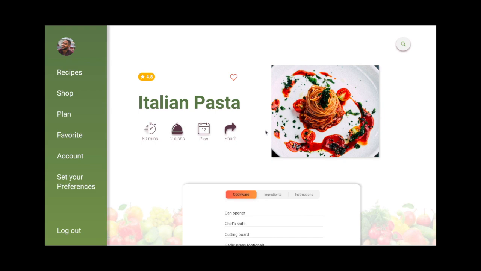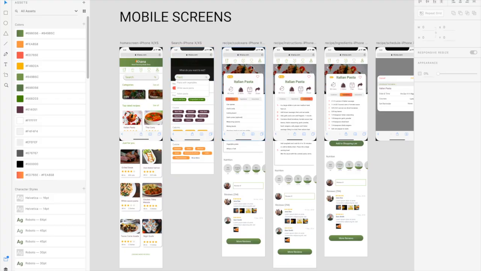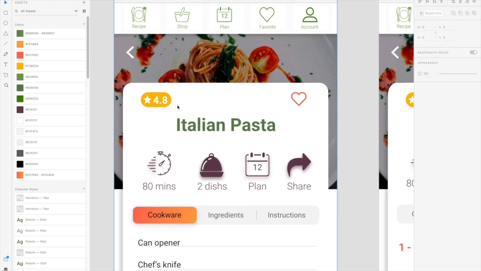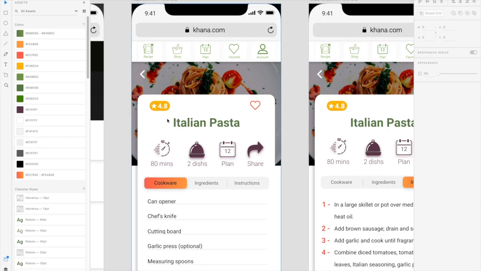Now, in regards to the recipe part, I did change a little bit according to the feedback that I received, which mentioned that the rating star was side by side with the title along with the favorite button, and it was suggested to have it on a different line. So I first tried to put just the rating on a different line under the title, but I didn't like how it looked. It looked odd. So instead what I did is I put both the favorite button and the rating star on their own line,